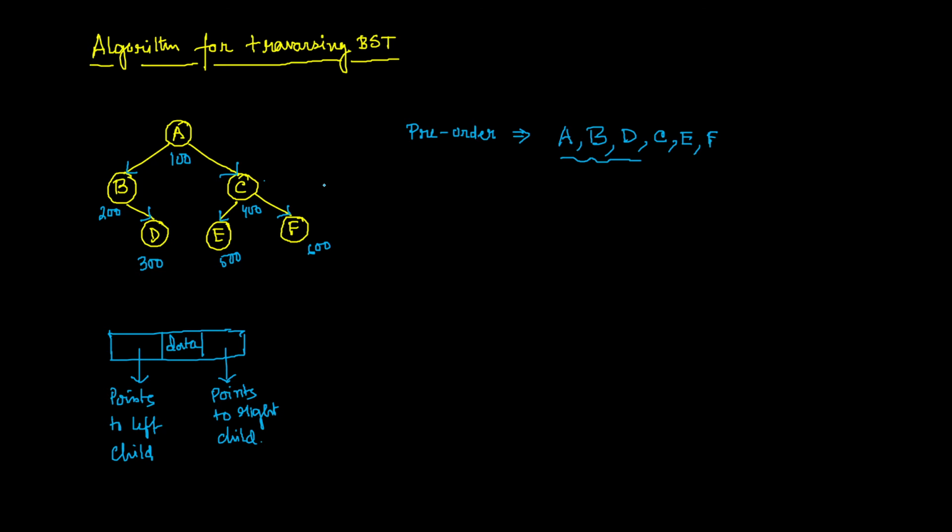Now the question is that if you take an iterative approach, this particular traversal is going to be very complex. The reason is that this example has a very small number of nodes, but in a practical scenario we may have thousands of nodes in a tree, or maybe even billions, it may happen.